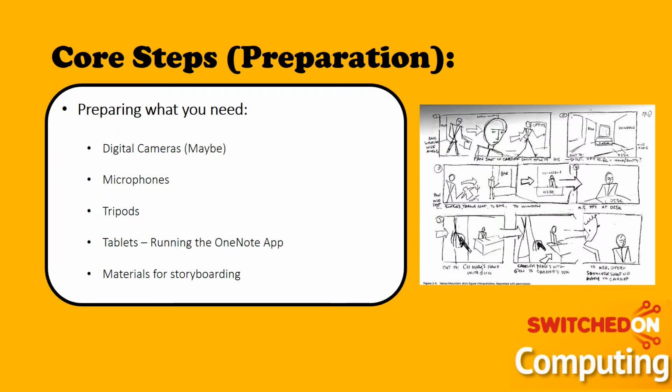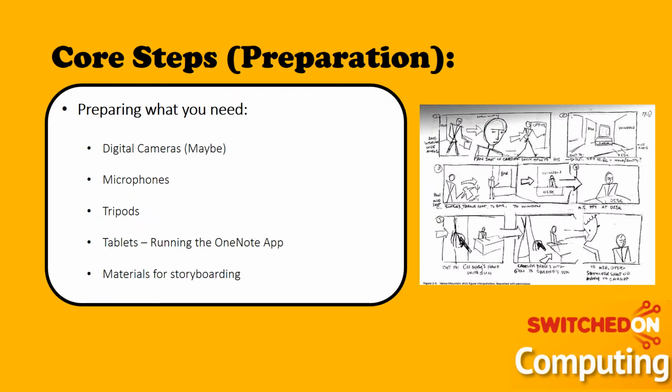So in terms of what you need, you will need digital cameras, microphones and tripods so that you can do some of your recording. But you might really want to think about materials for storyboarding, because students really need to plan this out. You can't just go and say, do a video. They have to do the background research and they have to know what they're researching. And they also have to think about whether the material they're looking at is authentic. So maybe use some storyboards or create some using tables within Word,